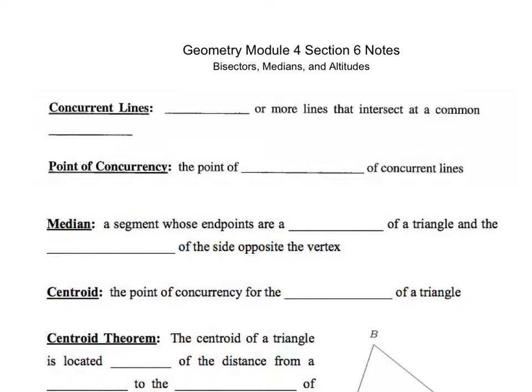In the last section of Module 4, we are going to talk about bisectors, medians, and altitudes. First, there are a couple of definitions we have to talk about. First, we have concurrent lines, which is when 3 or more lines intersect at a common point. And then the point of concurrency, which is the point of intersection of these concurrent lines. We will see these two definitions come in handy when we talk